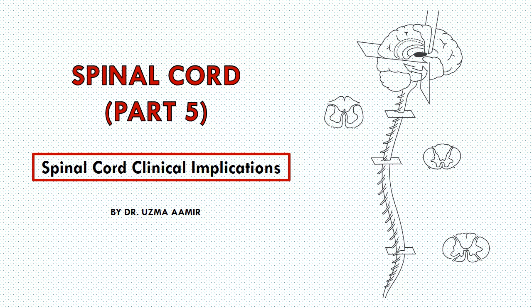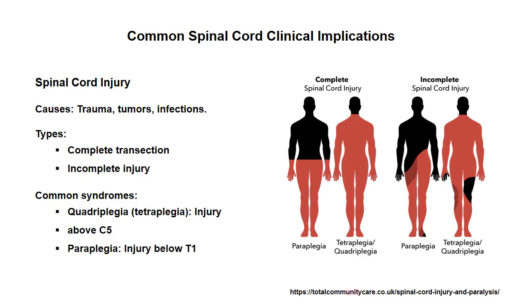In this video, I will cover some common spinal cord lesions and their effects. Spinal cord injury may be caused by trauma, for example, accidents, falls, tumors, and infections. Effects of injury depend on the level and severity. There may be complete transection with total loss of motor, sensory, and autonomic functions below the lesion, or incomplete injury